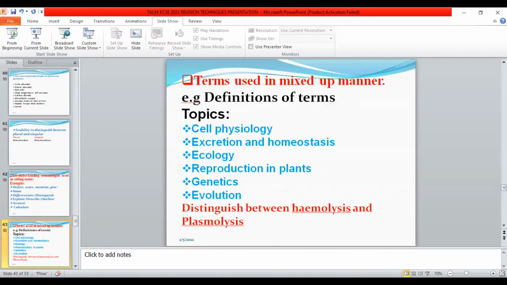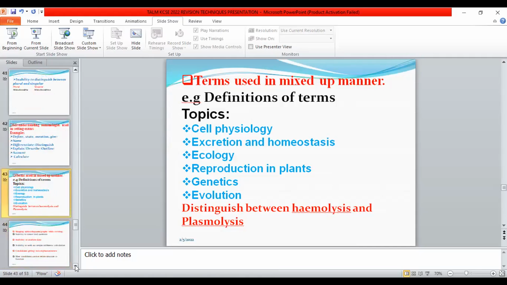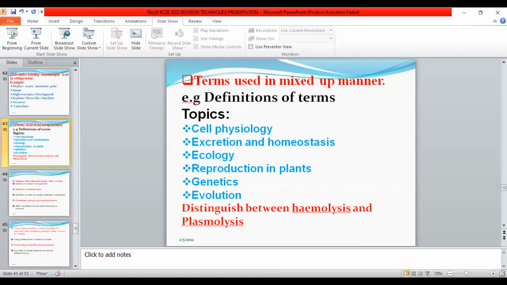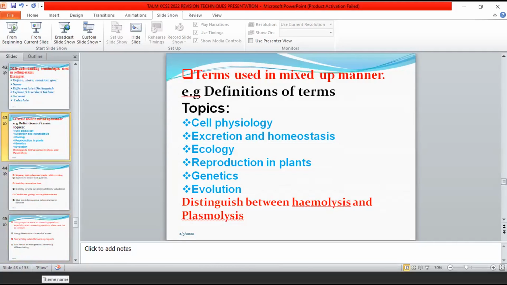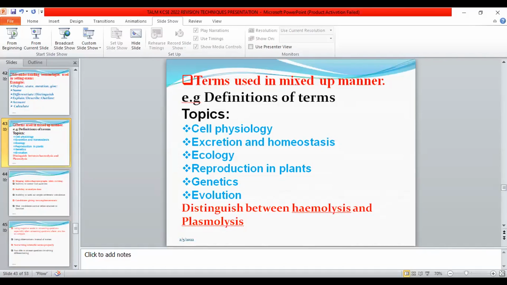It is because our candidates use terms in a mixed up manner. And why do they use terms in a mixed up manner? It is simply because our learners have not understood the content or the concepts. They have just crammed what they have seen from maybe past papers, what their teacher gave them, and at times, they don't even write what you see. Strangely enough, if you look at what our learners are writing and what you are telling them, you find very different things. So they end up writing wrong definitions, and yet we are giving them correct definitions.